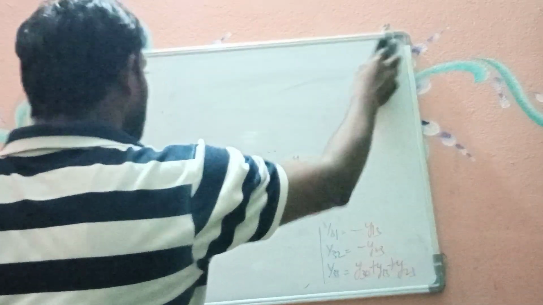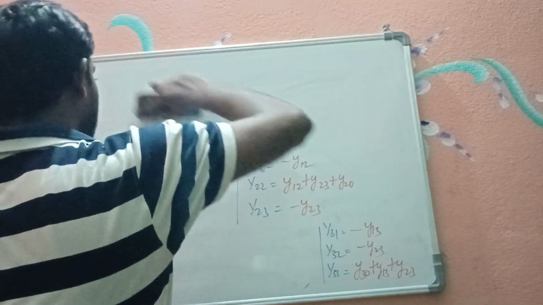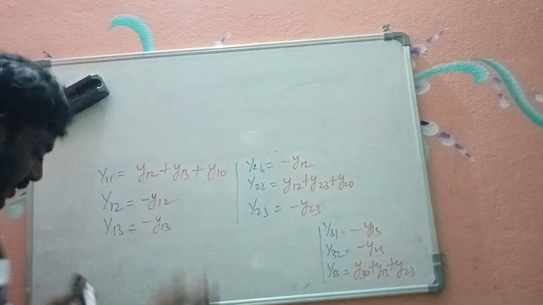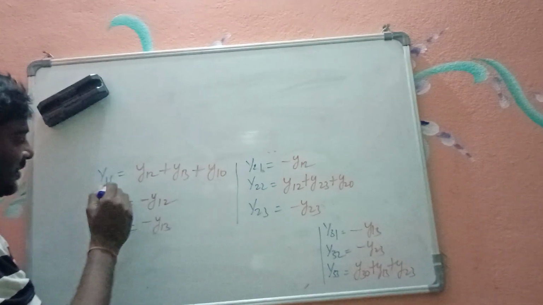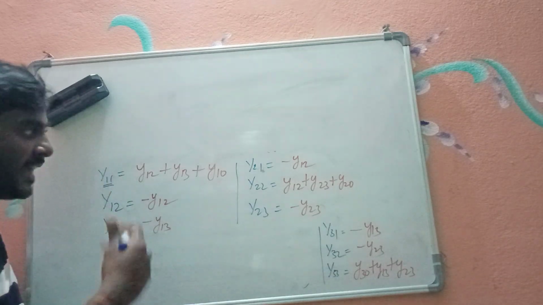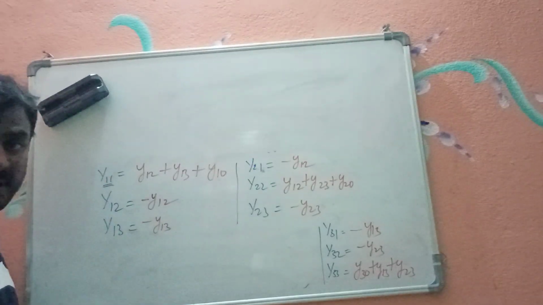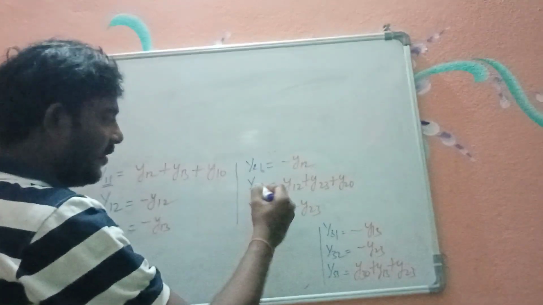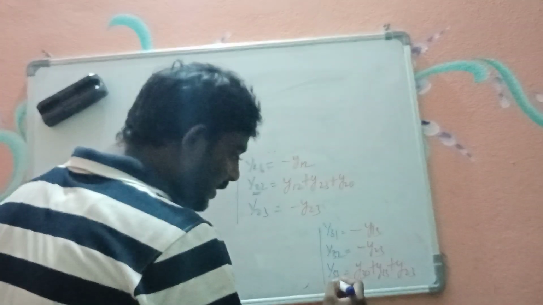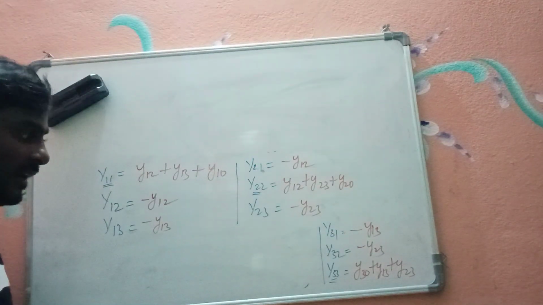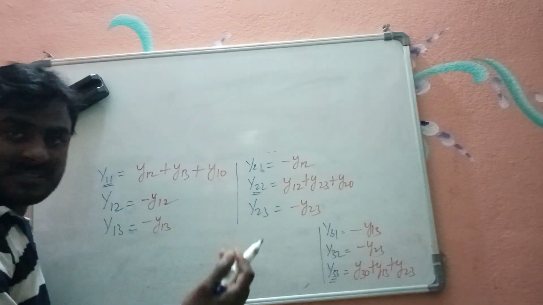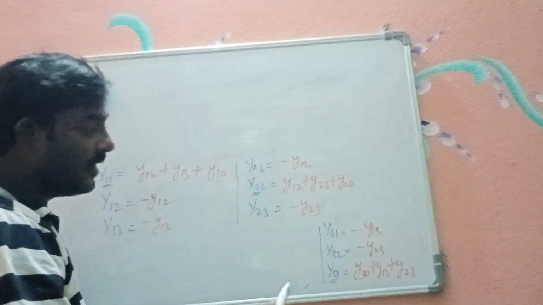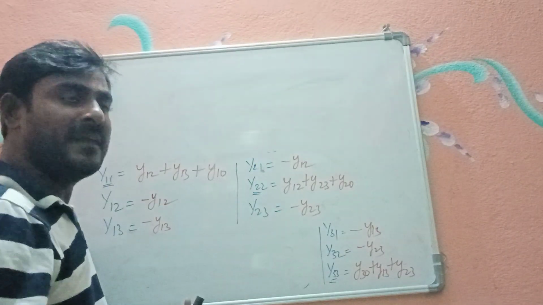So now see here. If you see, capital Y11 is nothing but the diagonal element of the Y bus matrix. Similarly, capital Y22 is another diagonal element. Capital Y33 is the third diagonal element. So the diagonal elements can be obtained by just taking the summation of all the admittances that are connected to